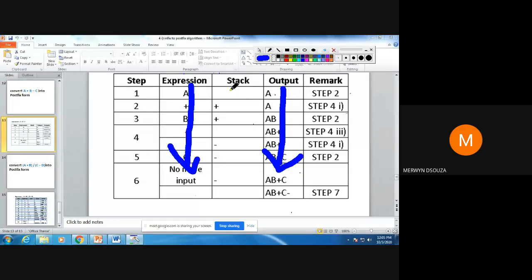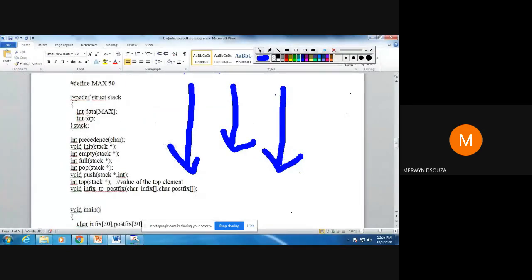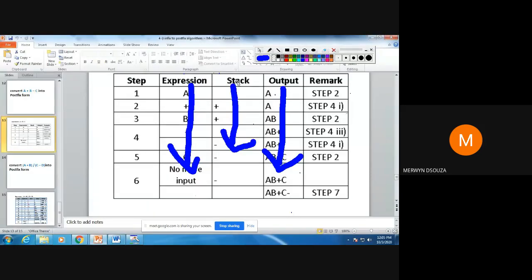The stack that we had is defined using this structure, with the array data. So the array for the stack will be data, the array for this will be infix, and for the output, the array will be postfix.